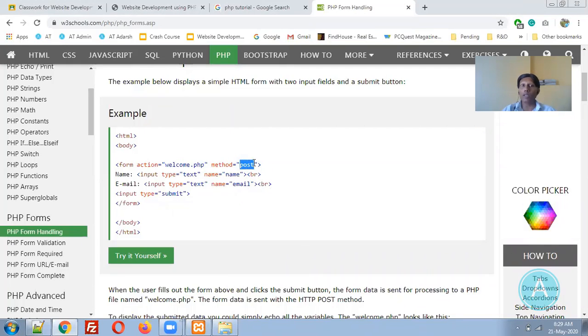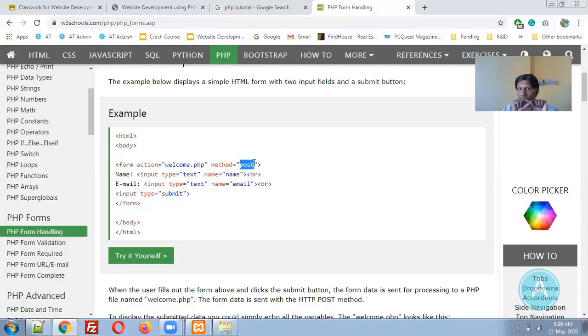In a post method, data will be sent from one page to another page in a hidden mode. In case of the get method, data will be sent in the URL, so anybody can read that data from the URL. So this is the disadvantage of the get method, that everything in the URL will be shown. Whenever you would like to upload a file to the server, you compulsorily have to use a post method,